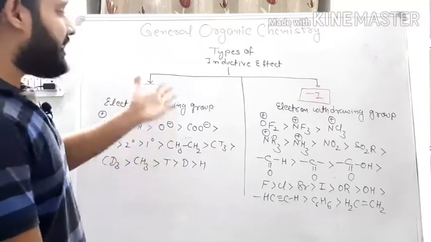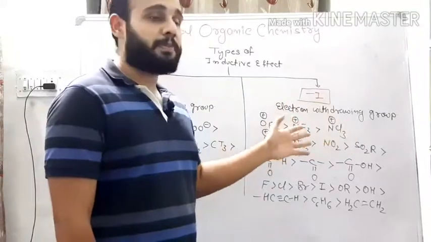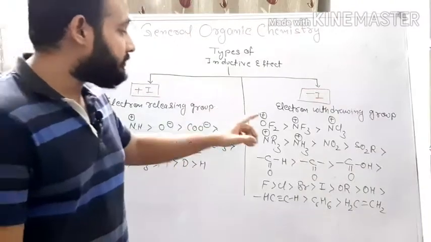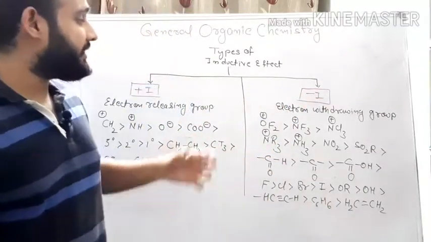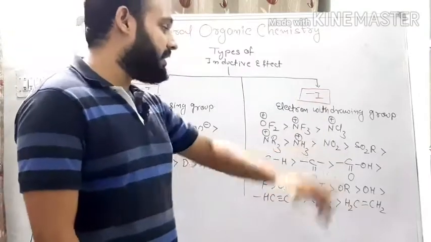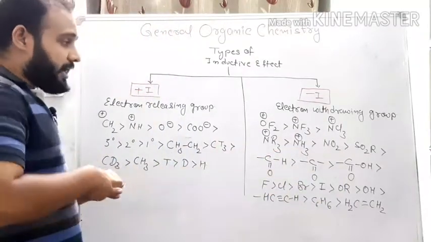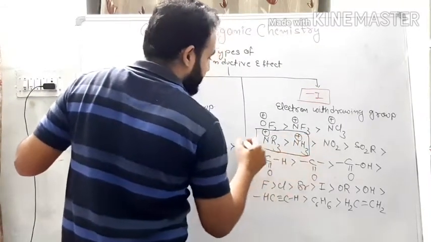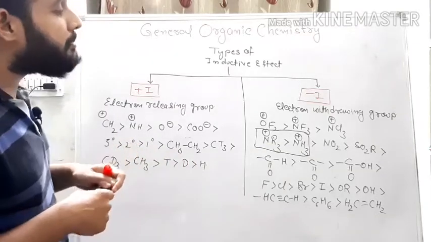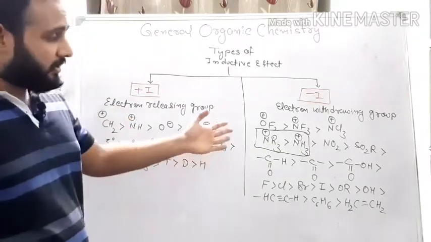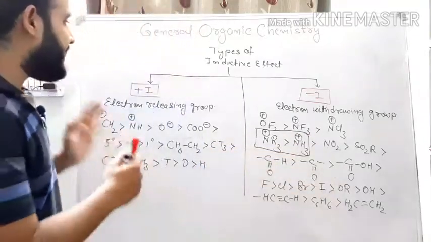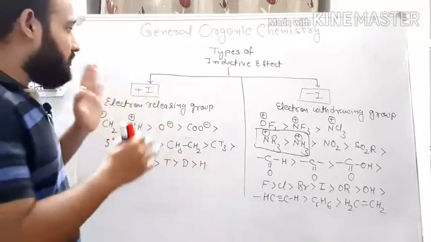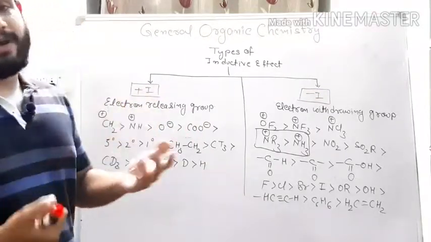And similarly, when you talk about examples of electron withdrawing groups, these are the examples with their orders. So OF2 has the highest minus I tendency, then NF3, then NCl3, then NR3 and so on. Here an important example is that NR3 positive is greater than NH3 positive. These are important examples. Further we can see all the examples. You can simply take a screenshot of this slide, and remember these examples with their order. So we have two types of inductive effect, that is plus I and minus I effect.